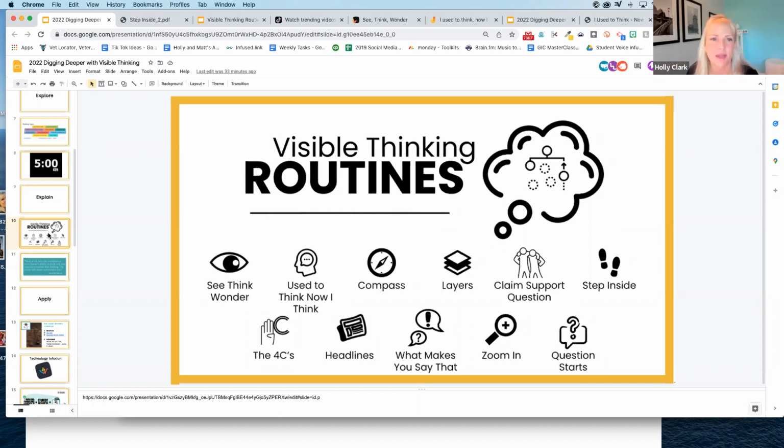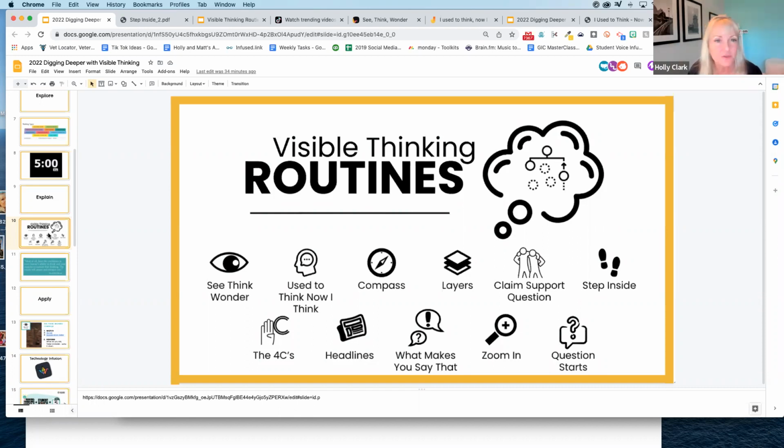And they are not meant to be one-offs, like we're going to do a see, think, wonder and we're never going to do it again. They're meant to become part of a student's thinking tool belt so that they begin that metacognitive process of thinking about thinking. So at some point, if you're really doing these correctly, you would put these on a poster on a wall and say, you pick the one that works for you in this activity, instead of telling kids they have to do see, think, wonder.